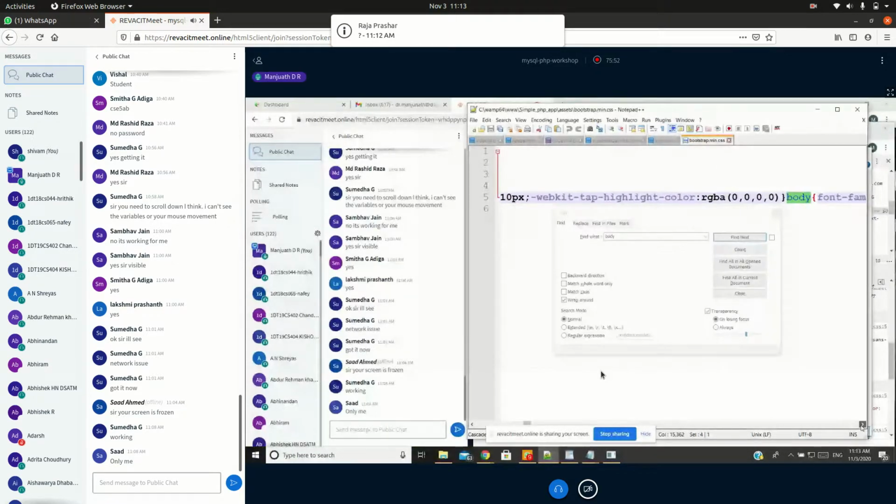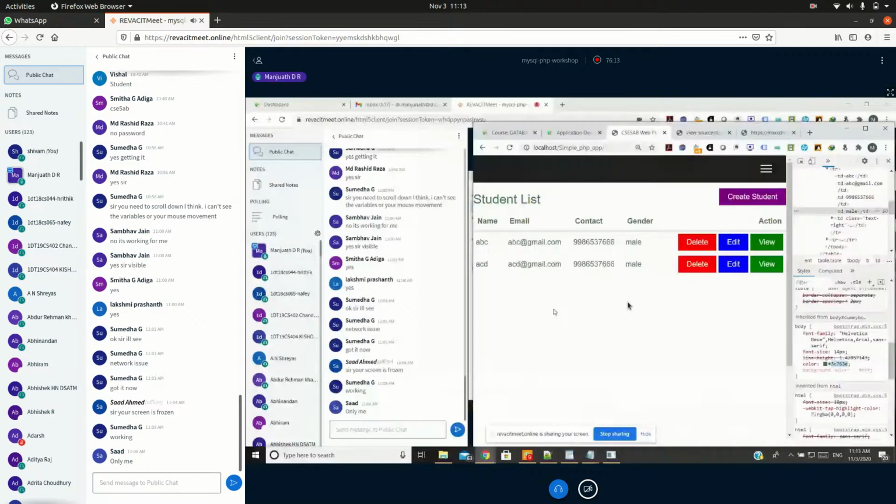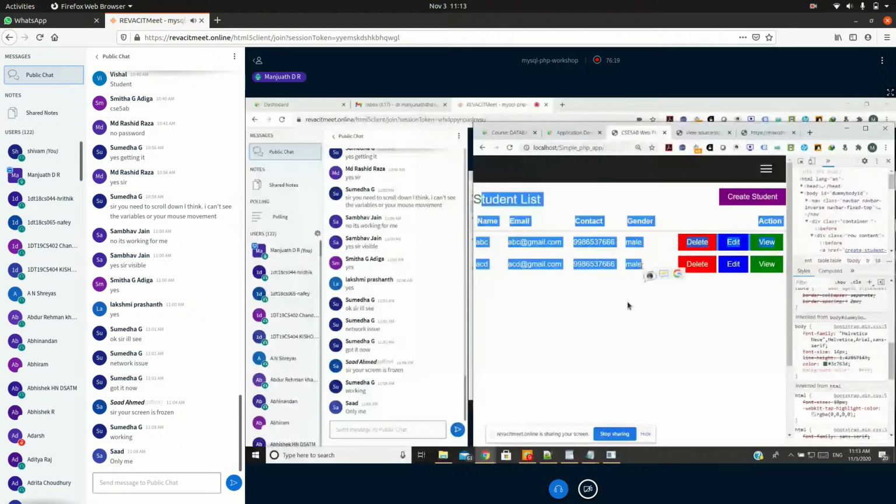Here the color initially was black. I'm going to change it into green. Since I have copied the color code, I'm going to paste it here. Okay, so my color code is changed now. I will save this file. See, now you can check it. Initially it was in brown color, right? You can refresh. See the output in green color. So that's the way you can modify your local system.